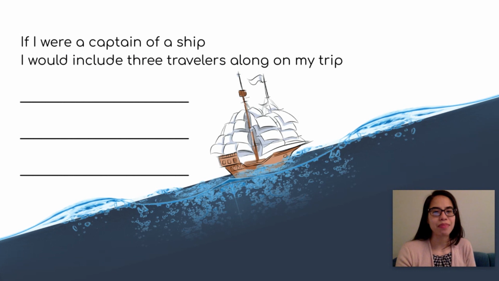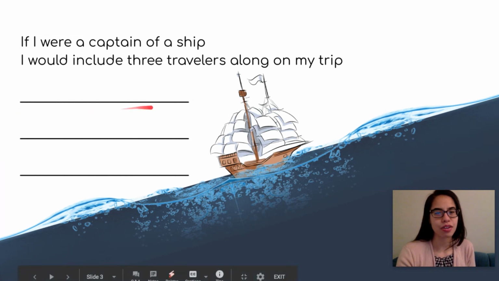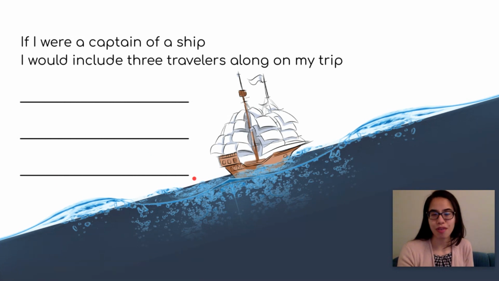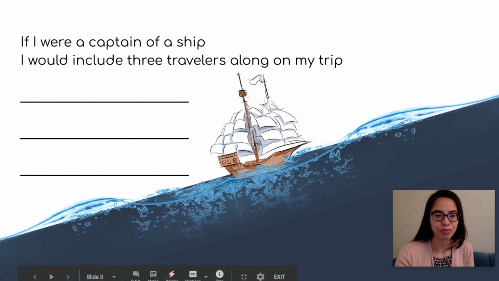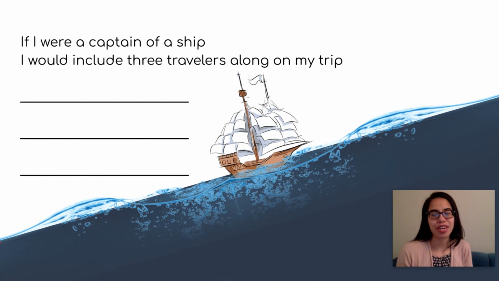If I were a captain of a ship, I would include 3 travelers along on my trip. So let's pause for a moment, and as you will notice, there are 3 lines here, and these 3 lines are going to continue for the rest of the poem. And wherever you see these 3 lines, you're going to think about 3 different people that you would like to include for that section of the poem. So I'm going to read this one more time, and then we're going to continue with the rest of the